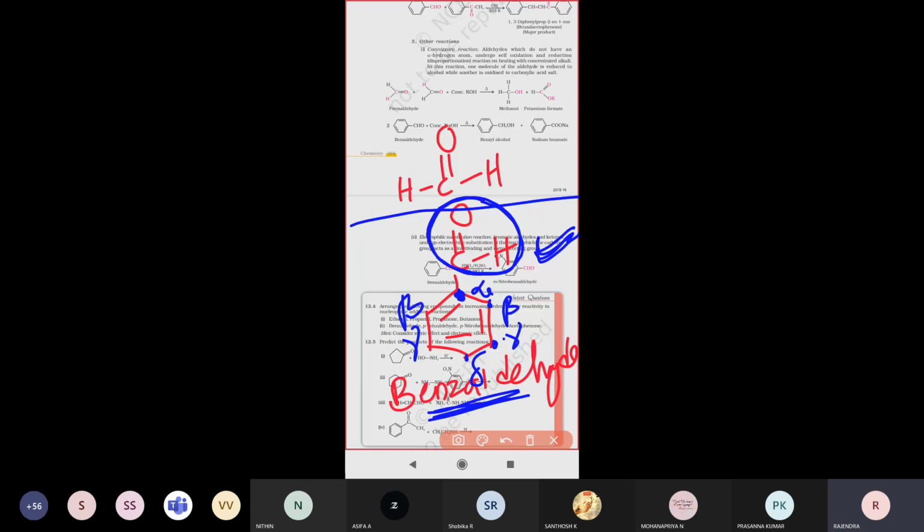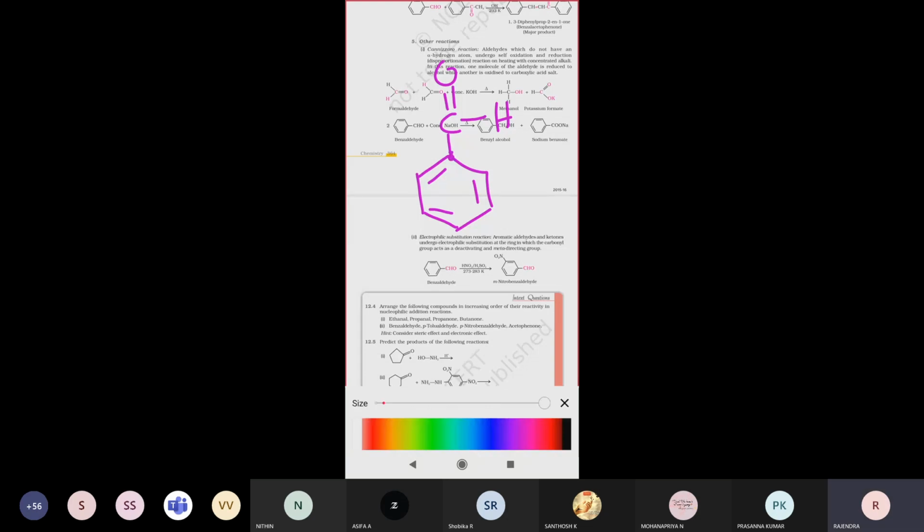See how many hydrogen atoms this carbon has, count once. What is the carbon valency? 4. Very good, 4. Now count it once. This carbon atom, how many bonds are there, and how many hydrogen atoms are present on this carbon? The red mark is there, right? Three bonds, one hydrogen bond, sir.